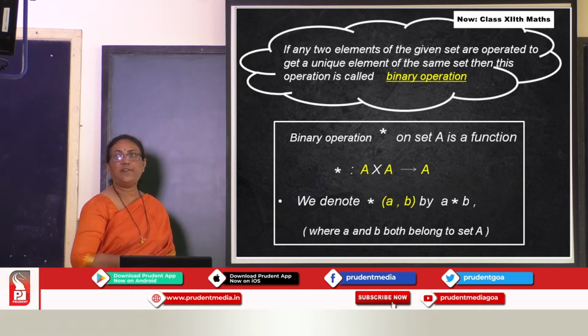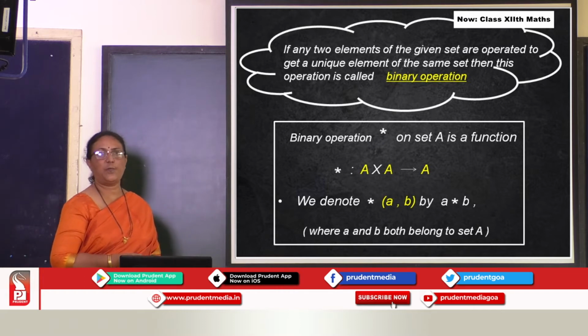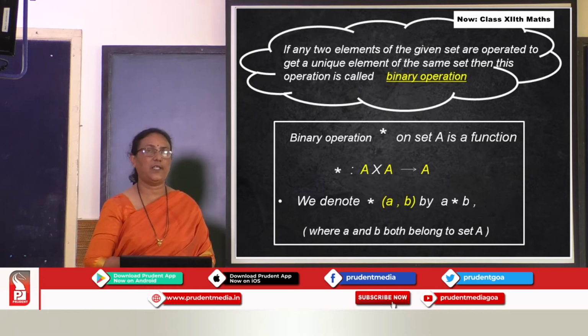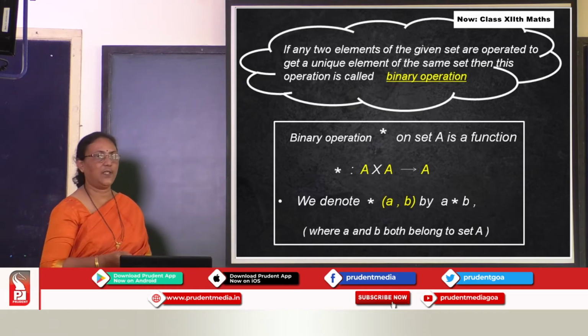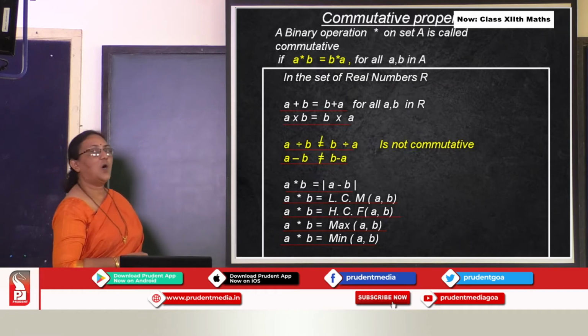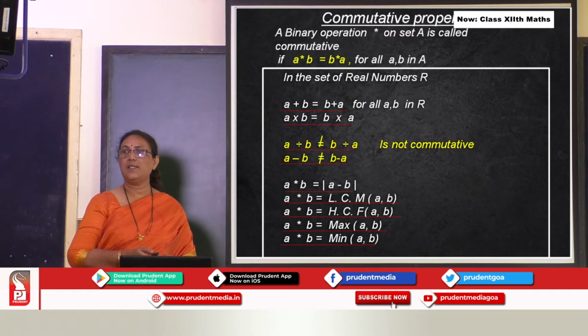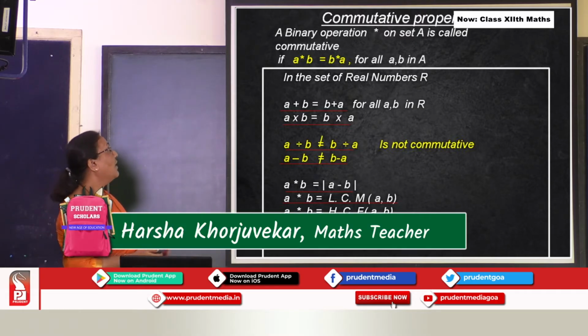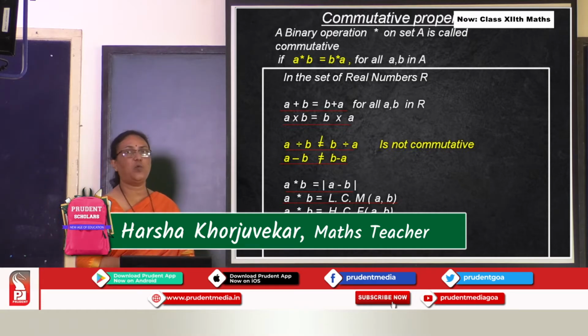Okay. Now there are different properties of this binary operation. First property, it is a commutative property. Now what is commutative property? We will see here. On set A, a binary operation is defined, and a binary operation star on set A is called commutative if